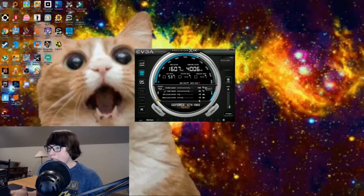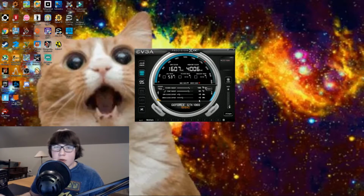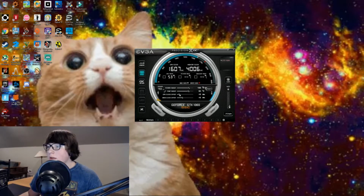And what that does is it just increases the GPU clock, right? Pretty simple stuff, makes your GPU perform a little bit better, as well as the memory clock. If you want really specific information as to what that is, I will not be going too in depth. This is just purely what it does and how you can use it. But one tip when overclocking, you want to make sure that you increase GPU clock and memory clock separately, and